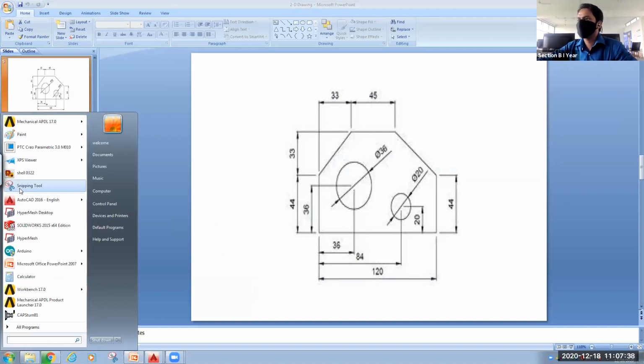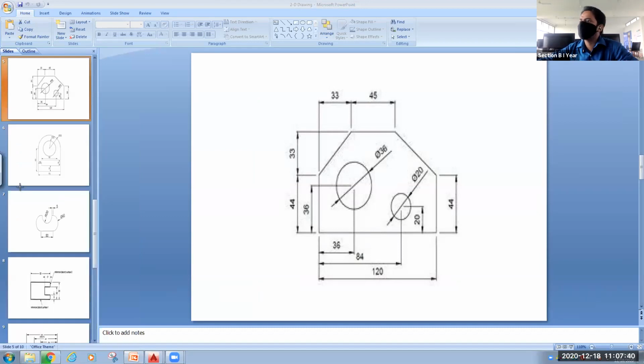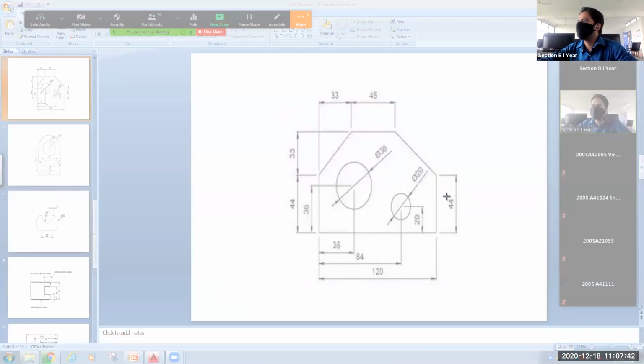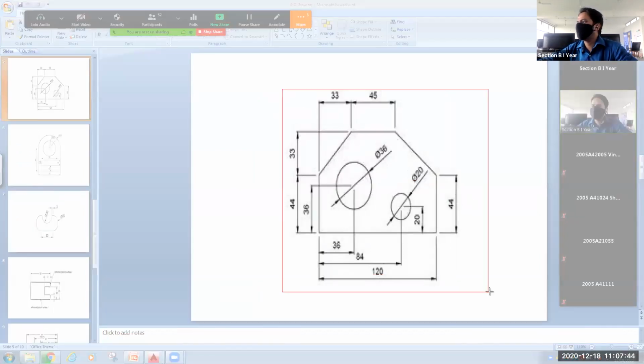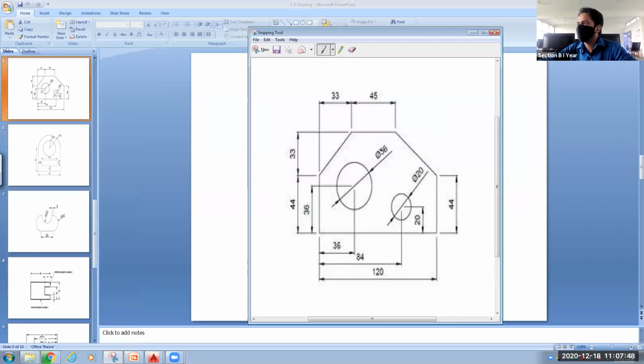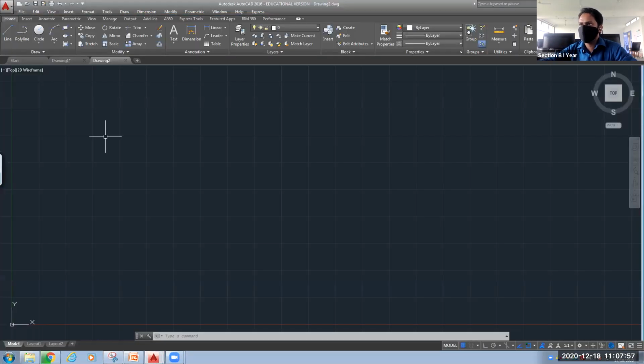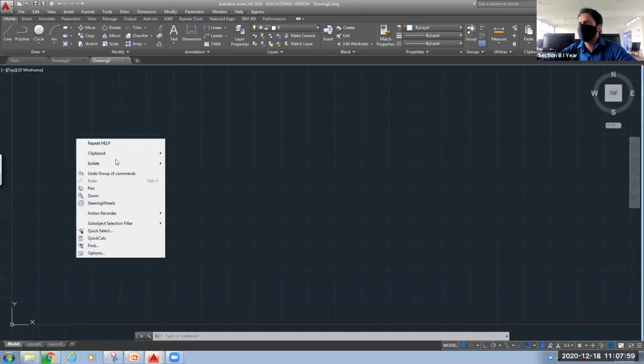I opened the snipping tool, which is there in Windows. It is by default, you can find it, and then I would like to take the screenshot of this part because I need this figure's dimensions. I will right click this, copy this figure, and I will bring this to my AutoCAD interface, and I will simply paste it here.